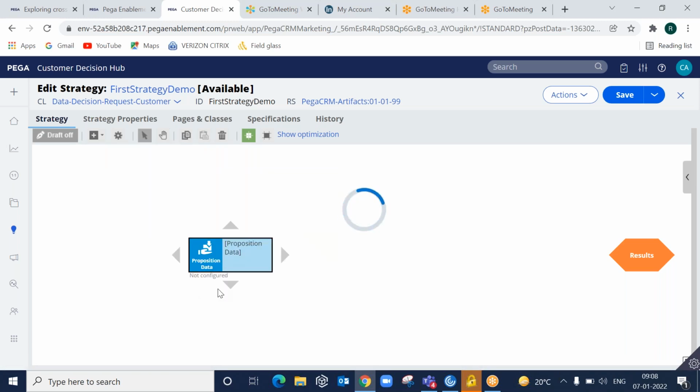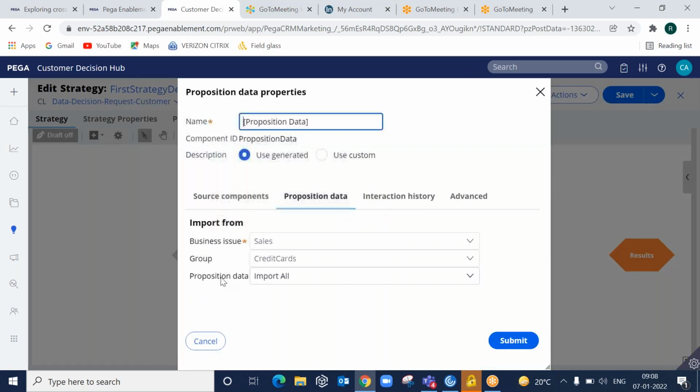When you double click on this, notice that the business issue and business group got disabled, because we have restricted the strategy results to be coming only from this issue and this group. That's the reason the offers will be restricted only to this. You cannot select a different issue and different group, and you cannot import the propositions.